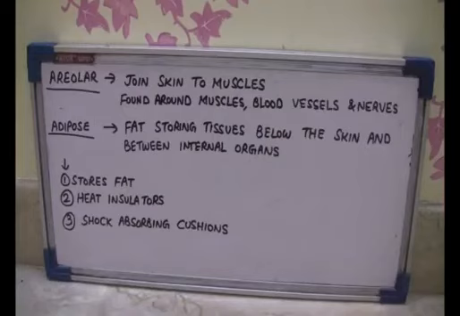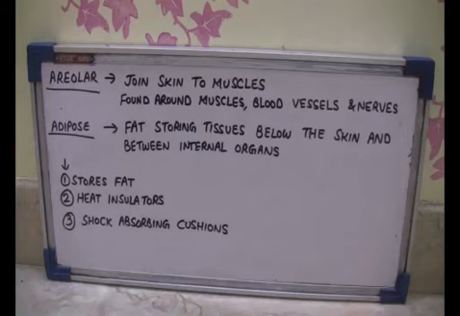The third connective tissue are the areolar tissues. These areolar tissues join the skin to muscles, and they are mainly found around the muscles, blood vessels and the nerves. And it fills the space inside the organs, support internal organs and help in repair of tissues. Now, a question is that where are fats stored in our body? Fats are stored in the adipose tissues, and these are the fourth and the last connective tissues.